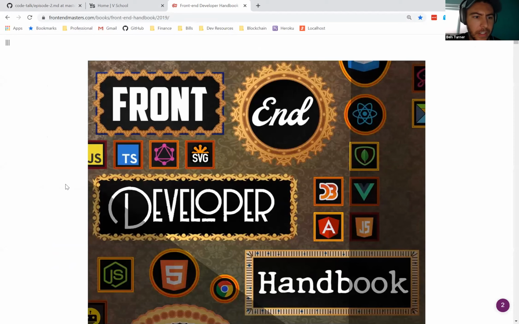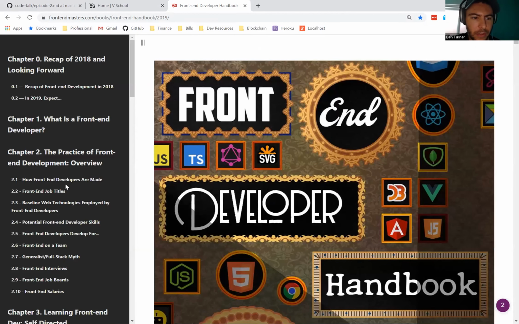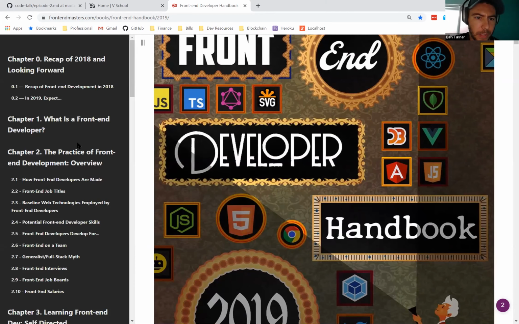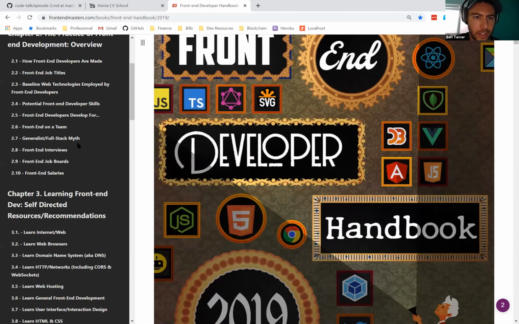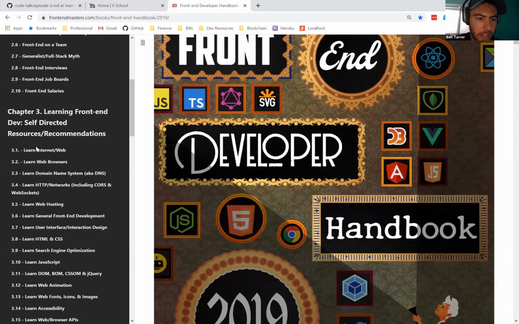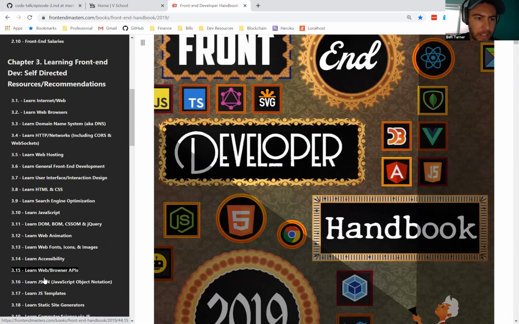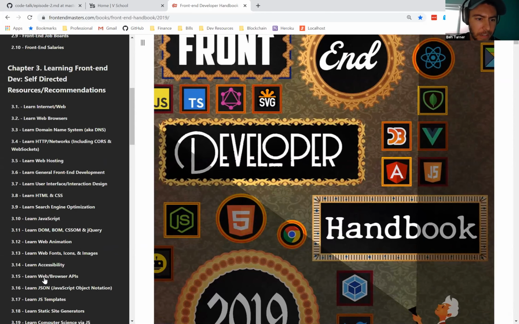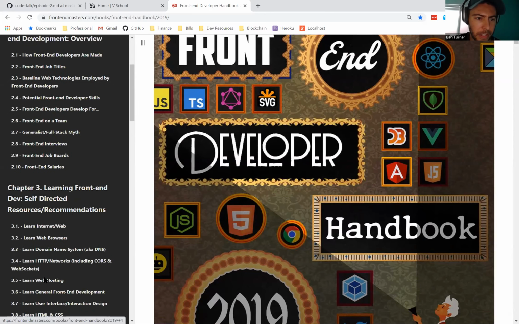If you haven't heard of this, I mentioned it last week, this is the absolute best resource I've ever found for high-level information about anything web development related. There's just so much good info here. It's kind of overwhelming, but I highly recommend this.